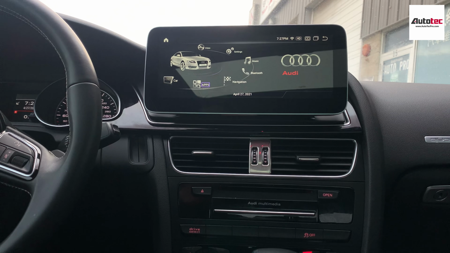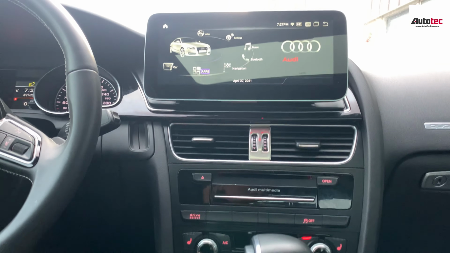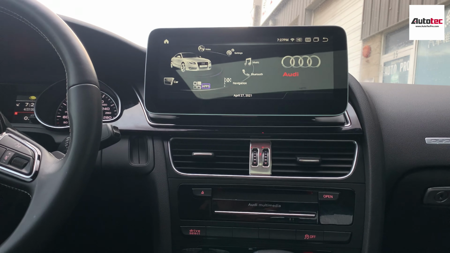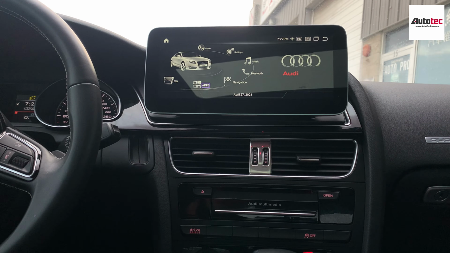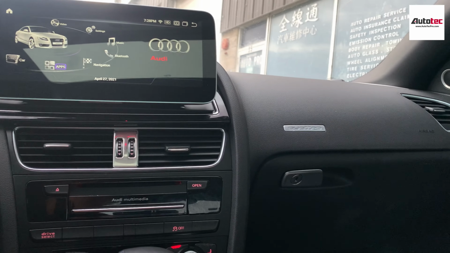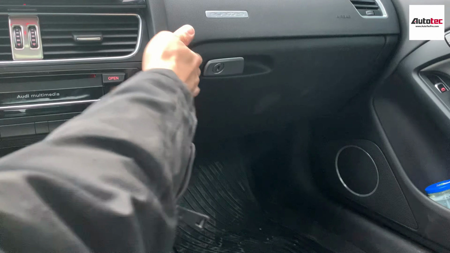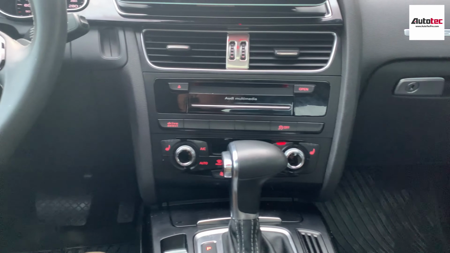One thing I would like to mention is this kind of system doesn't come with a built-in amplifier. How they work is they go through the original system and then connect to the original car sound system, like the amplifier and the speaker as well. So in the package, you will be provided with one AMI interface, the auxiliary AMI. It's gonna be right over there. Every time you need to change the car to AUX mode,